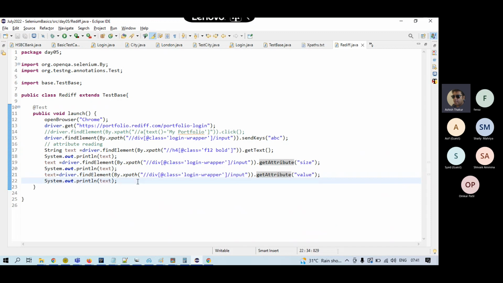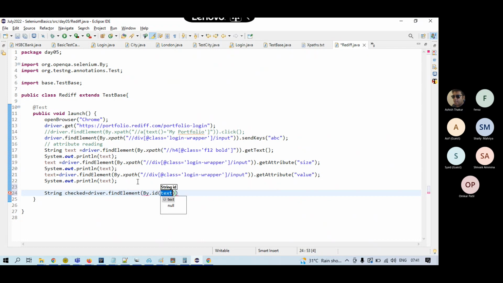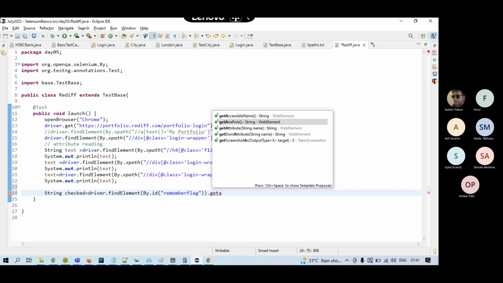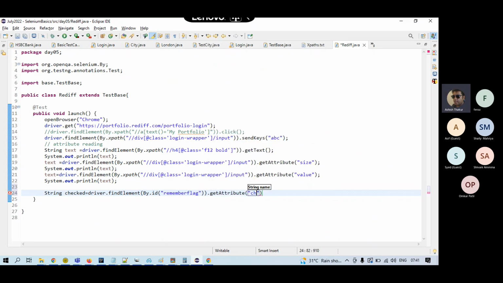Suppose I write it like this: checked equals to driver dot find element by the ID, this dot get attribute checked. So I read the value of the attribute checked,